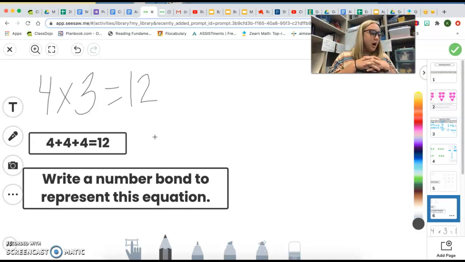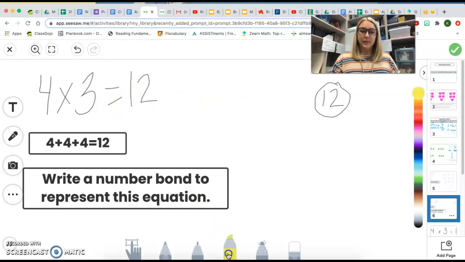So I want to draw a circle with our total amount. So here I am, and in it, I'm going to write 12, because that's our total. That's our answer. Okay, see that? So here's 12, and here's 12. Now, I'm going to draw parts coming out of our total. So coming out of our total, I'm going to draw